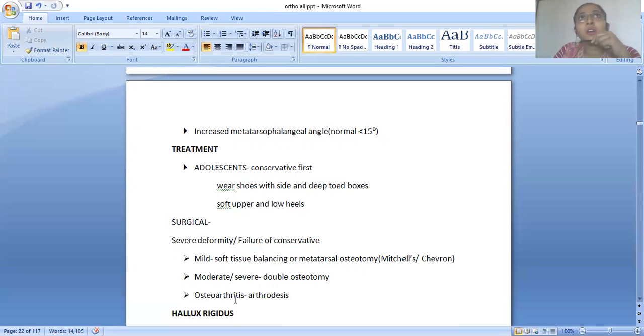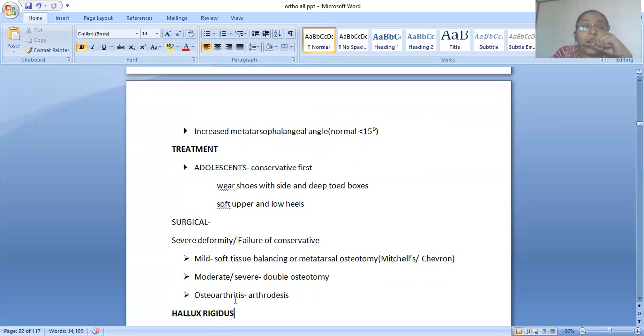Now we will see the conservative management, the physiotherapy rehabilitation. If a patient with hallux valgus comes to you, the physiotherapist, first of all we will hear the complaint, note the chief complaint, then observe and do the assessment on the basis of the SOAP principle. After assessing and deciding which muscles are weak and in which direction the malalignment is there, we will go through the symptomatic treatment.